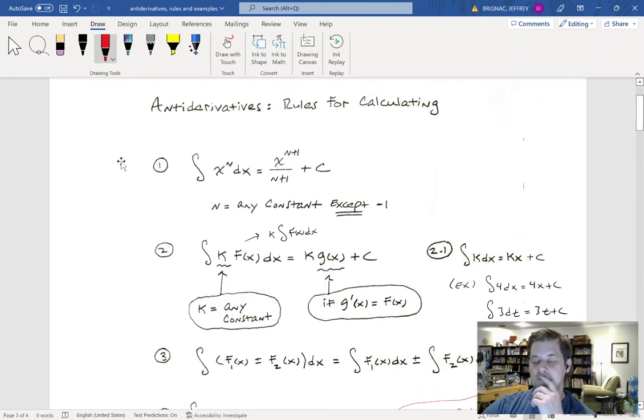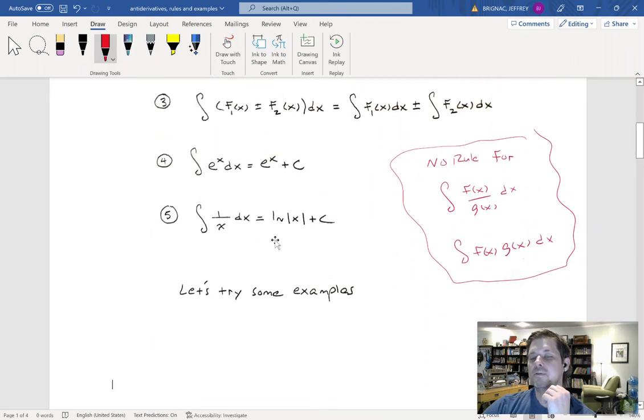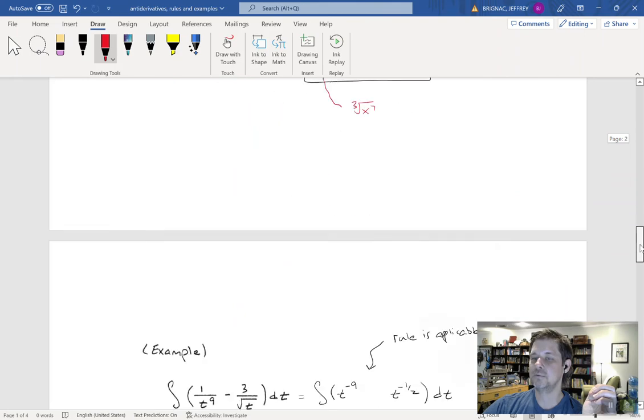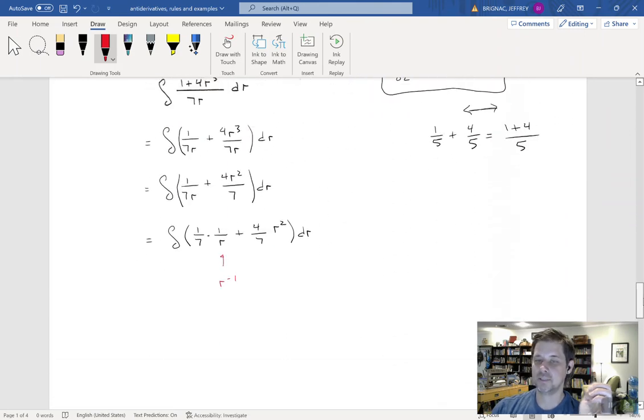So let's see. What do you do when it is -1? We have this one, the antiderivative of 1 over x dx. Yeah, that would be the case where our variable is to the minus 1 power. So that's what we've got. The antiderivative of 1 over x dx is natural log of x plus c. All right, that's what we want, okay? I'm going to just take that as a rule. There's a whole big, long story you could tell about the rule, but we're just going to accept the rule,